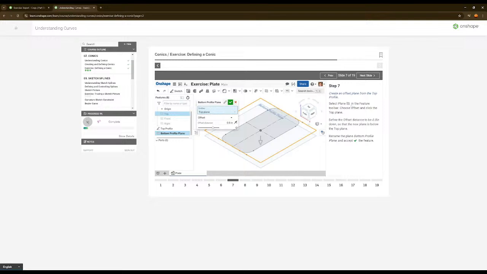Alright, so select an offset plane from the top profile. Use top plane.